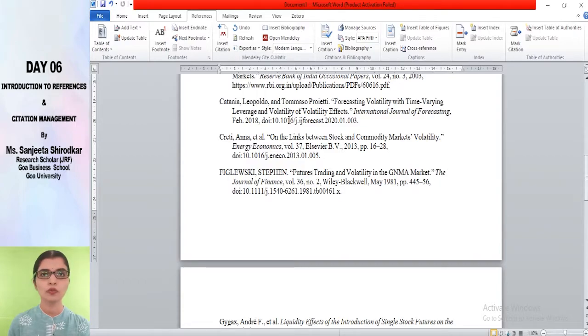You will have to go to Mendeley desktop and incorporate the changes in the software itself. So having understood the Mendeley setup, and I hope everybody must be quite familiar with Mendeley so far, now let us jump on to another interesting software which could make your life easy, that is Zotero. So let us start with Zotero.